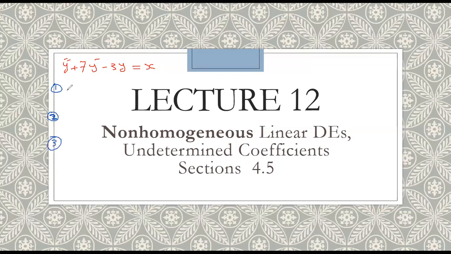First step is to solve the associated auxiliary equation, the homogeneous equation. Yes, great. So first step is to solve the auxiliary. Yes, you are right. Minus 3y equals 0, the associated homogeneous equation. To solve this one, I should write the auxiliary equation, which is m squared plus 7m minus 3 equals 0. And if you remember, when you write the auxiliary equation, let me write here 3 different cases